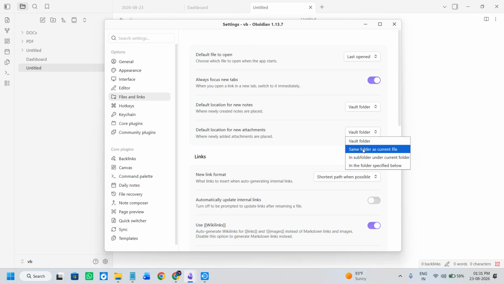below. So here you need to simply set the new PDFs folder as an attachment location, and this makes newly added PDFs automatically go into that particular folder. So in order to add a PDF, you can just simply drag and drop it into the Obsidian notes, and Obsidian is going to save the file into the default attachment folder and create a link to it in the